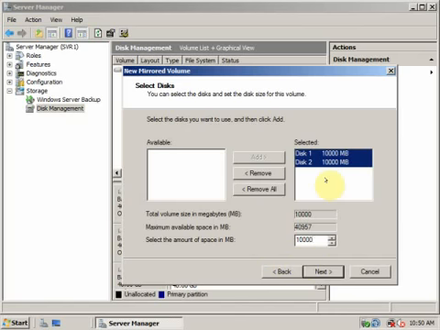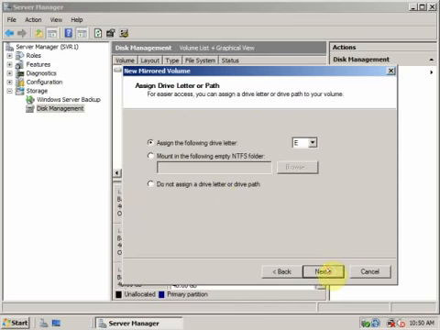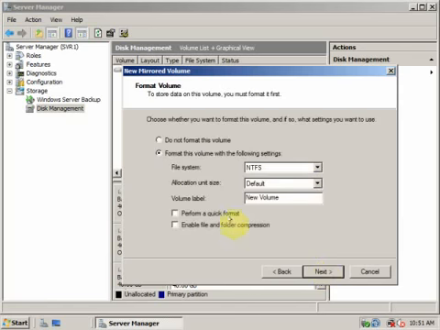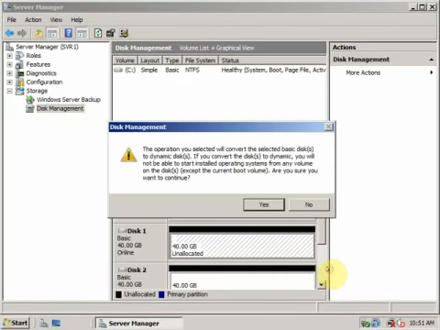So you can see that in both hard disks it takes 10 GB from each, and the total volume size is also 10 GB. This is because one hard disk is the mirror of the other one, and you will not be able to use the space of the second hard disk for your own purpose. And I can click on next now and assign a drive letter. Click on next. You can perform a quick format and click on next and click on finish,